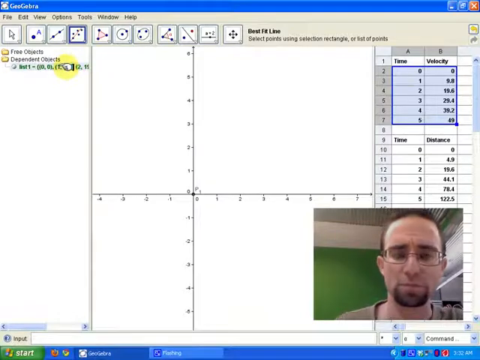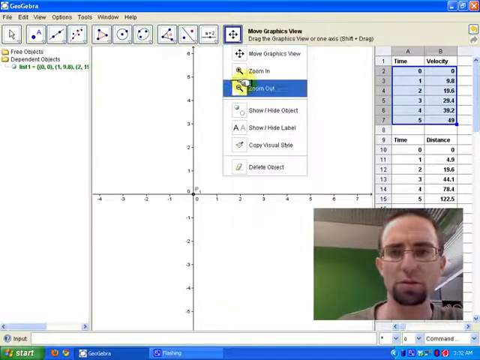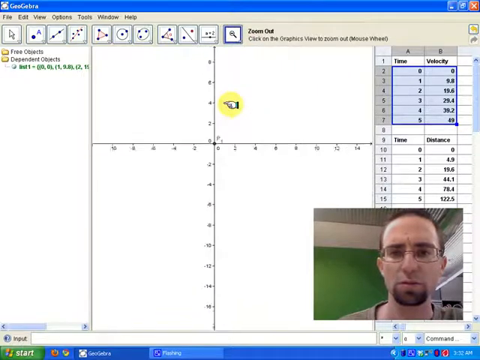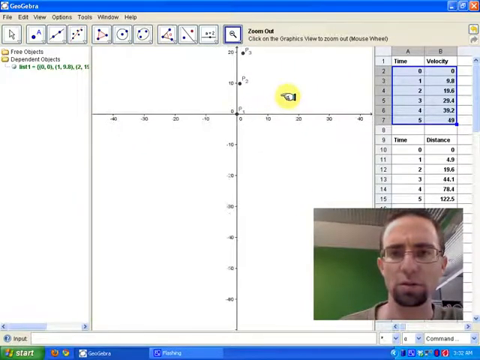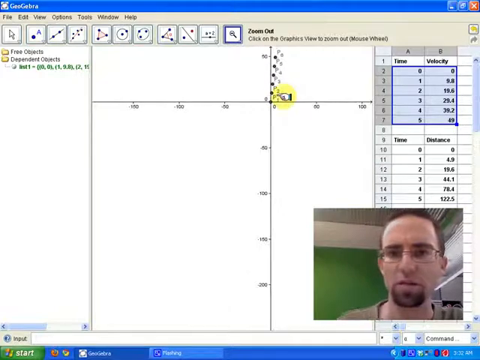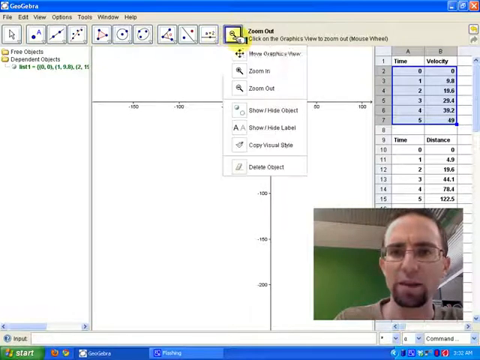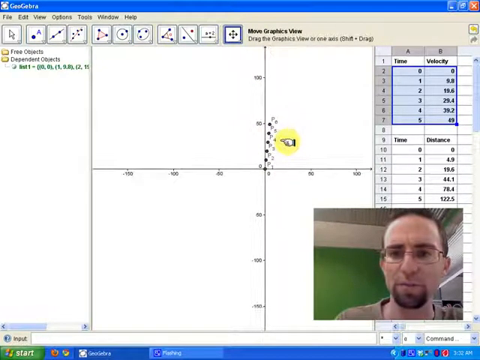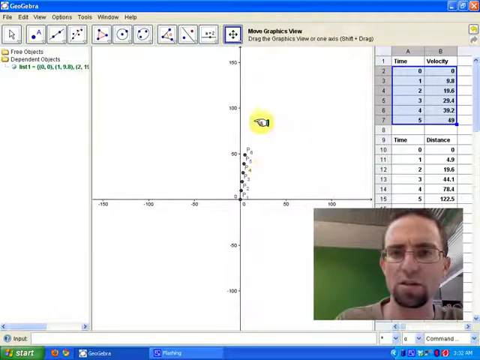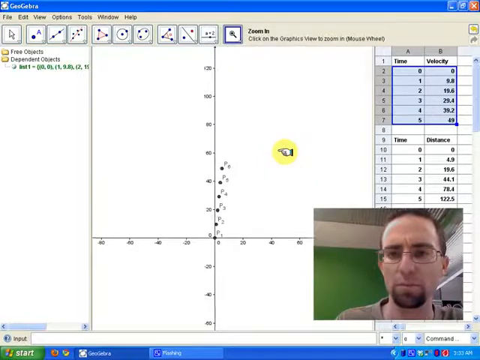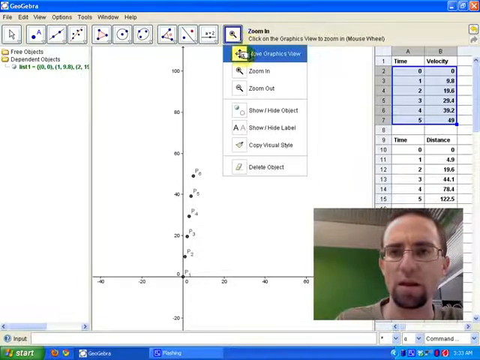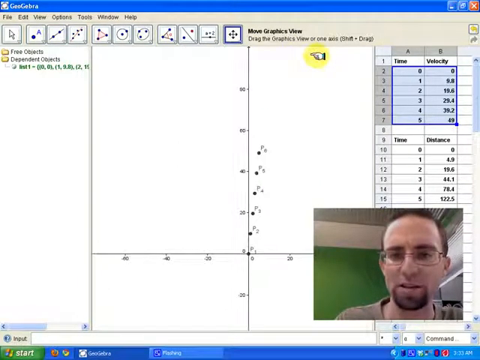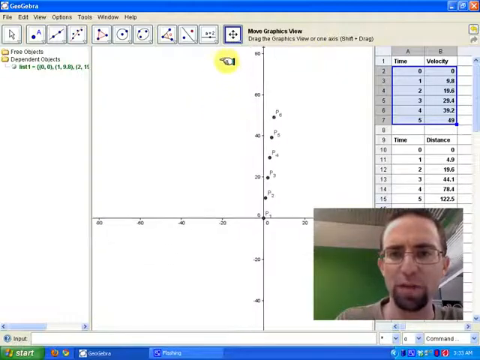And then if we zoom out a bunch there, I can use the Move Graphics view. So maybe we'll zoom in a little bit more. Okay. So now that you get that data all centered,